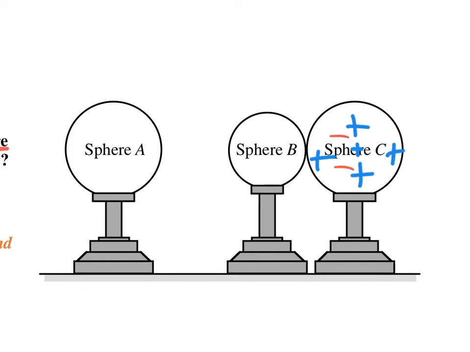And so let's say those two are going to pair up, thus reducing the net positive charge. It's a good question because it lets me draw. But because those two negatives left sphere B